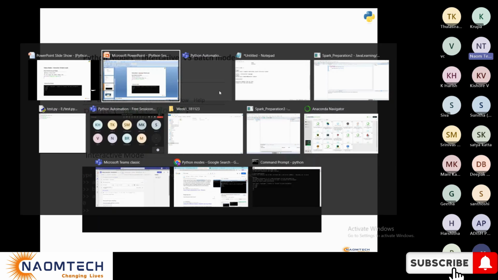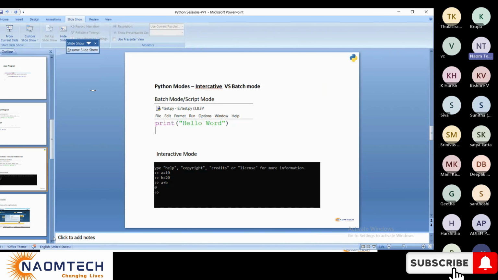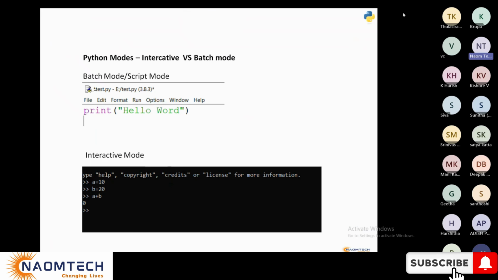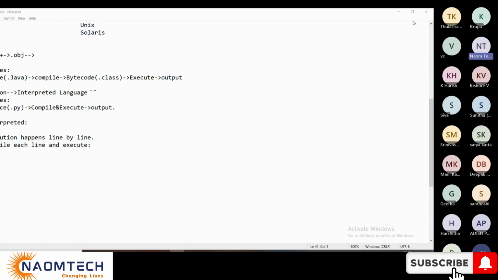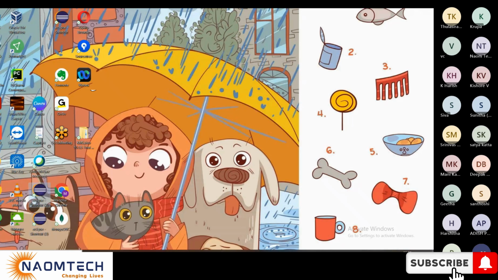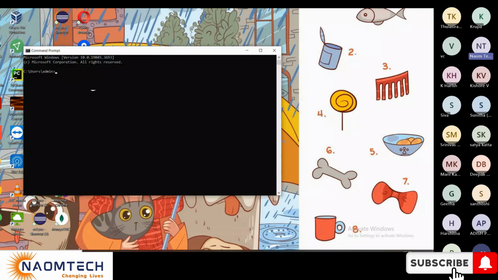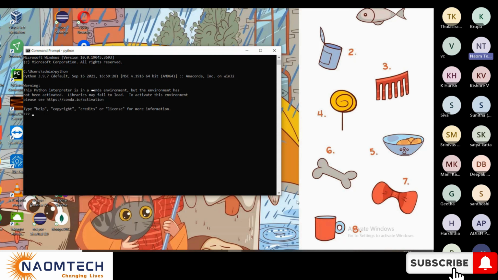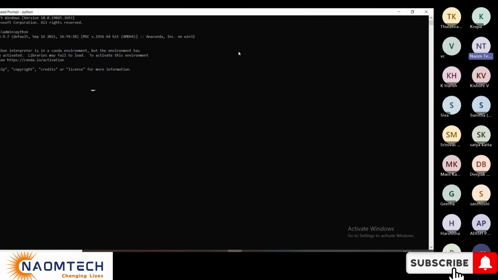Interactive means simple, friends. Actually, suppose you don't need to open your command prompt. Open your Python. This is opening from the shell, actually, from the command prompt. So this is called interactive mode.